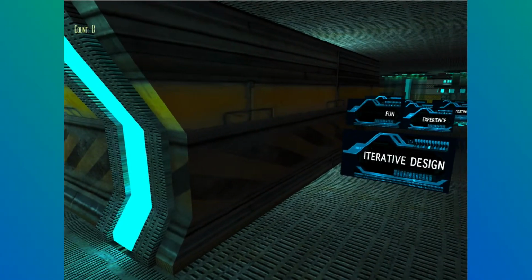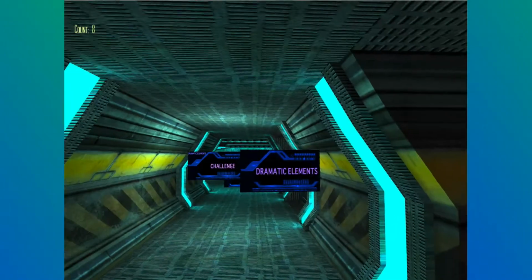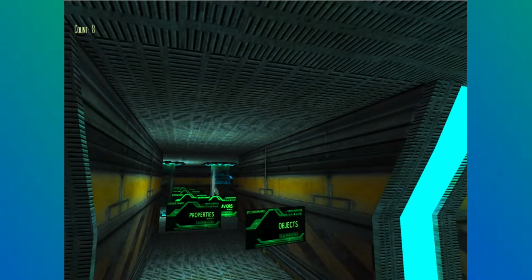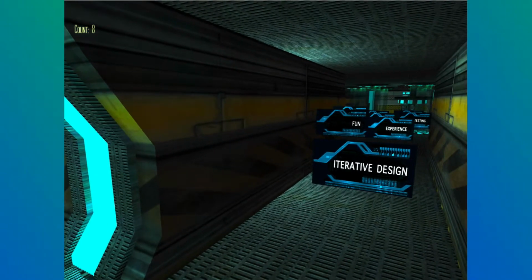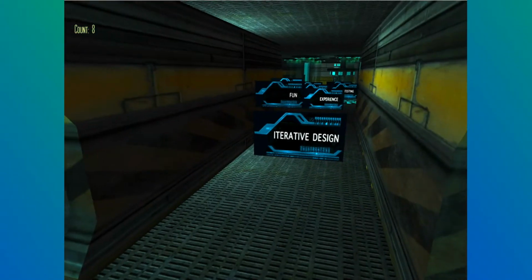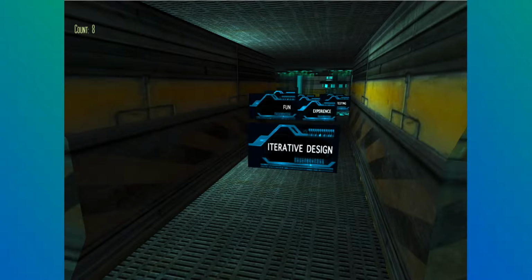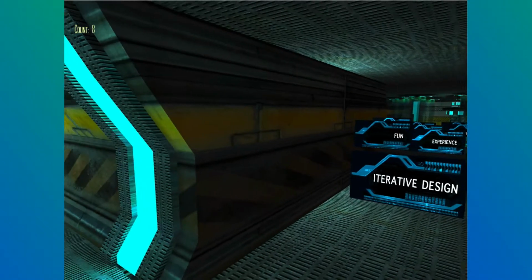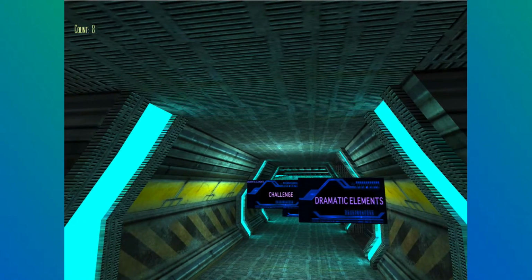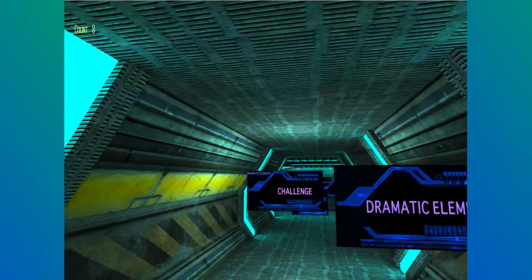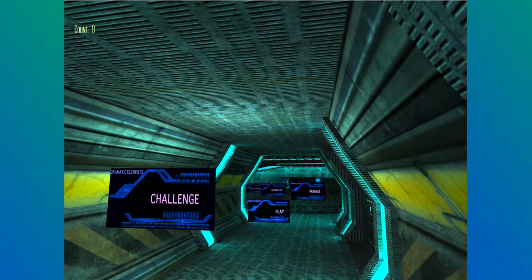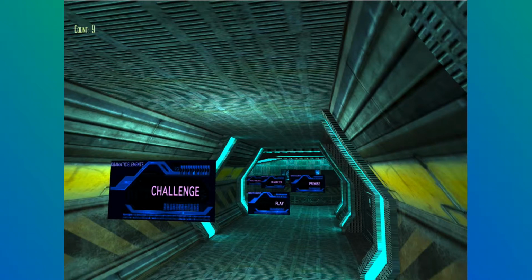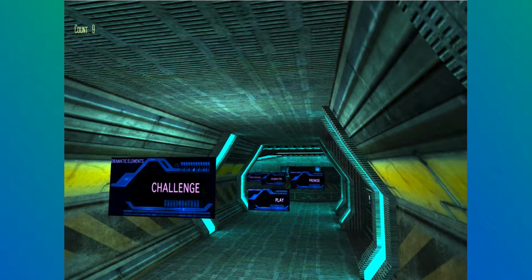Now in this particular level, we have other aspects of games that we're not going to explore, like system dynamics and other aspects of game design. Again, these should seem very familiar to you, Game Design Principles students extraordinaire, but we're going to focus right now on dramatic elements. These are the things that have to do with drama, so we have a great overlap with theater drama and other elements of stories: challenge,